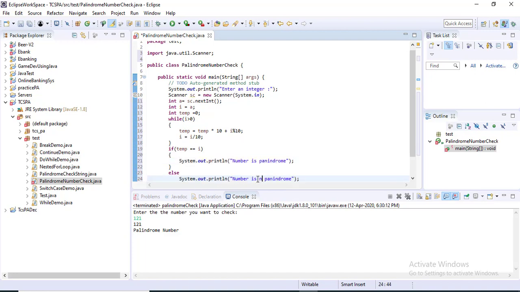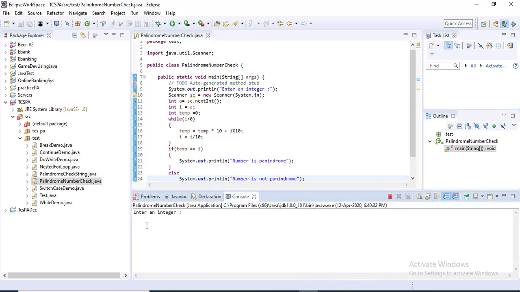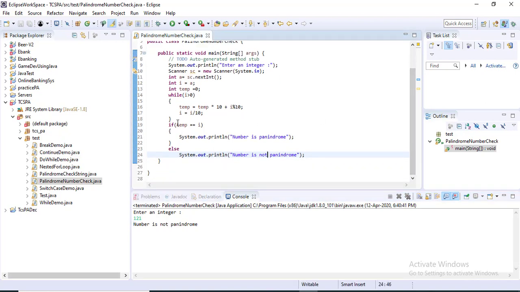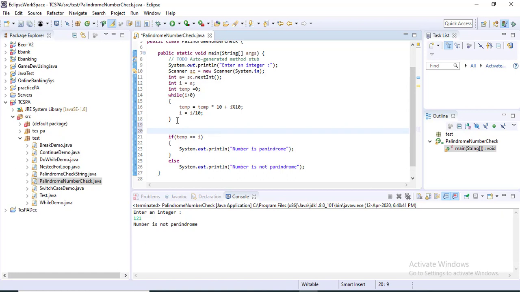Number is not palindrome. Okay, so now if you execute this and give an integer, suppose 123, it says number is not palindrome. And if you give 121, it says number is palindrome. And also, just before it you can print one line for the reverse number. So whatever I am computing, the reverse number, if you want to print that number,